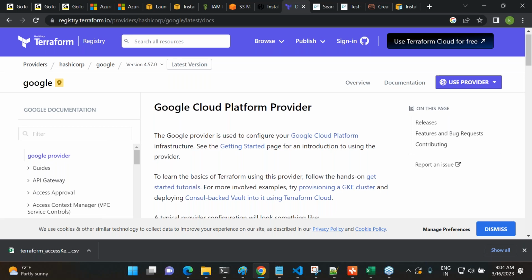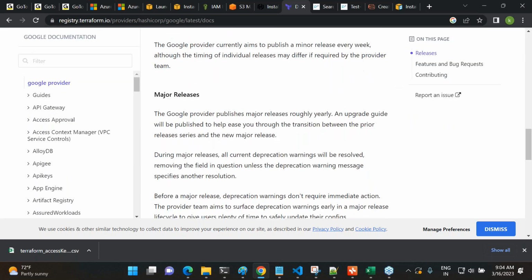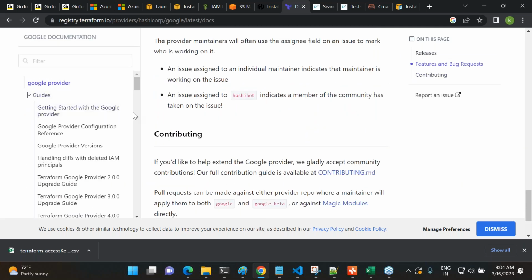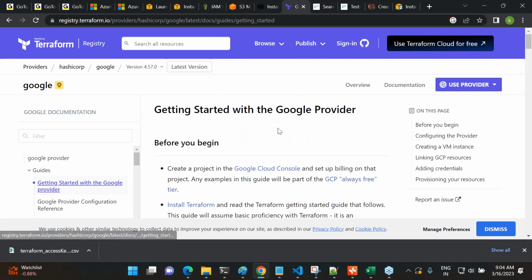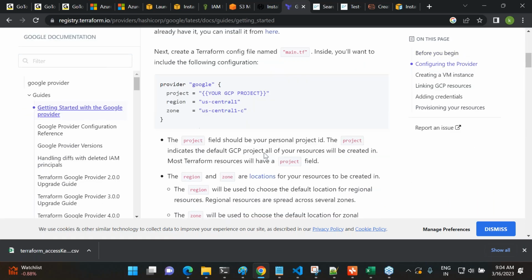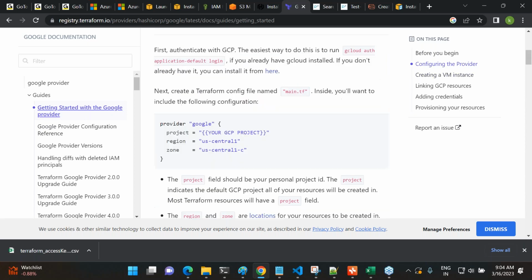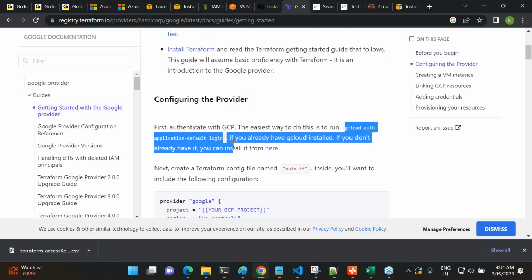Okay, sir. Now, whenever you work with any provider, the first thing you would do is ask, how do I configure Terraform? Getting started, configuring the provider. Is there something called a provider project? Yeah. Once you look into how to configure it, it tells you to